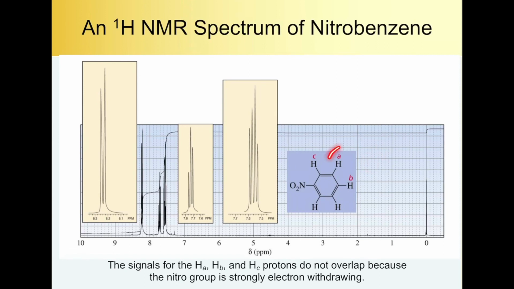And when you come to the meta protons, they are actually going to exist as a doublet of doublet, because of these 2